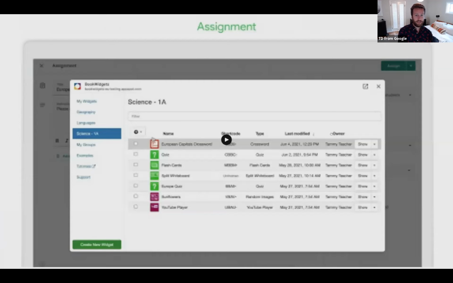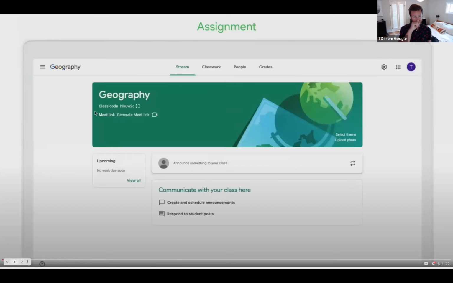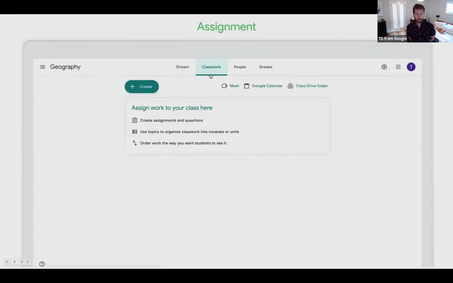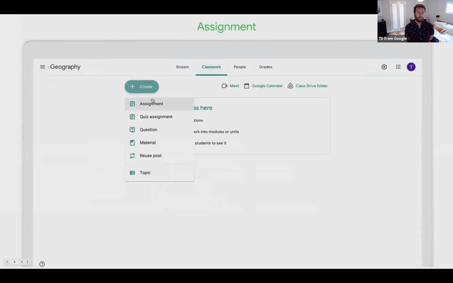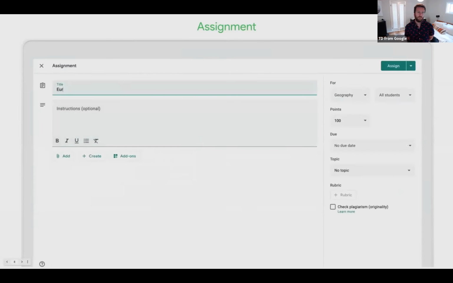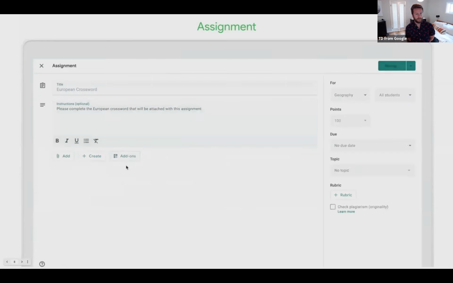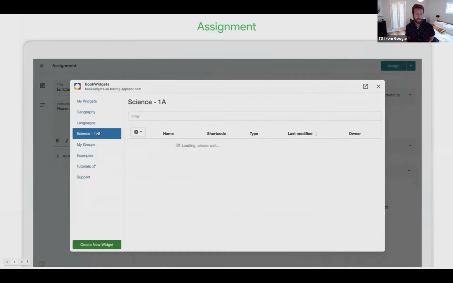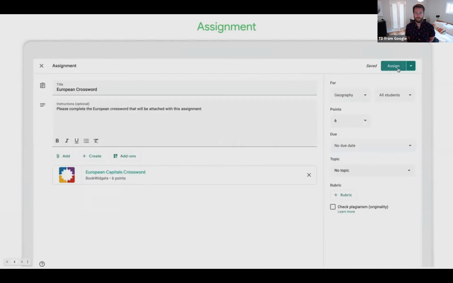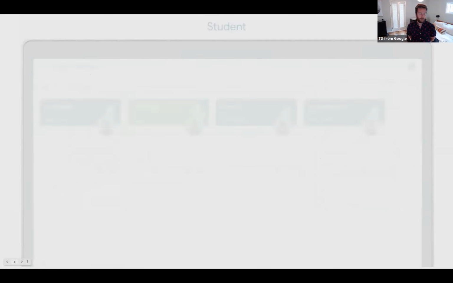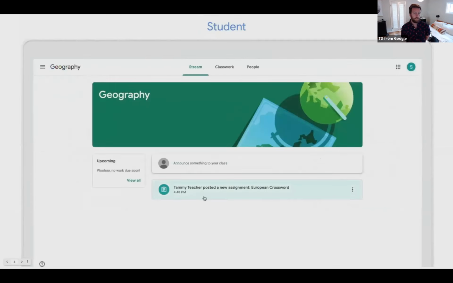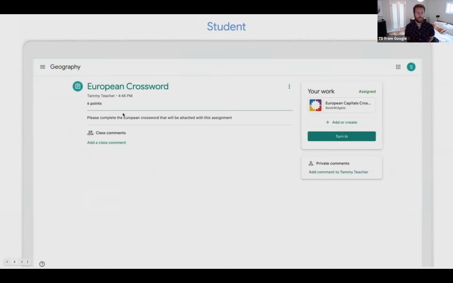Oh, I think this is actually a quick demo of what it looks like. So you can see going to the classwork page to create your assignment. Going to go to the add-ons. You can see you can just add Book Widget right then and there. Pick your unit, find your activity, assign it. And now they'll show the student perspective. It shows up, able to access